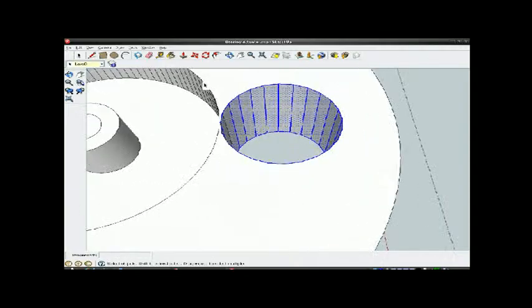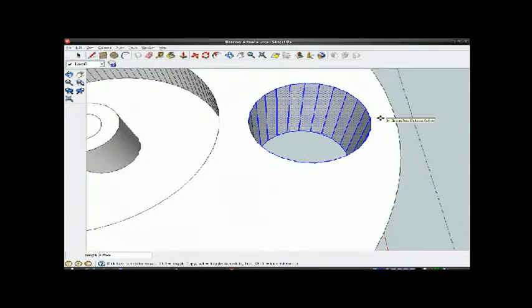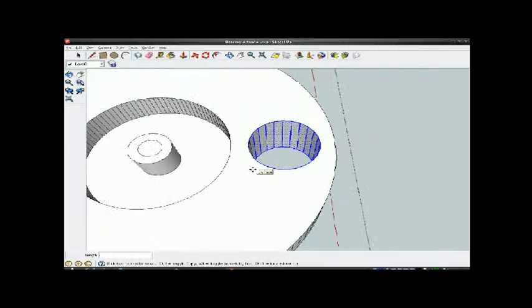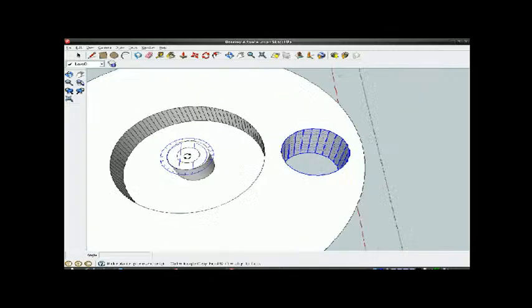Can I move it now? Yeah. I'm on the green axis. About 4.5, that's near enough. 4.5 millimeters I've moved it. So now I've still got that selected, so I need to